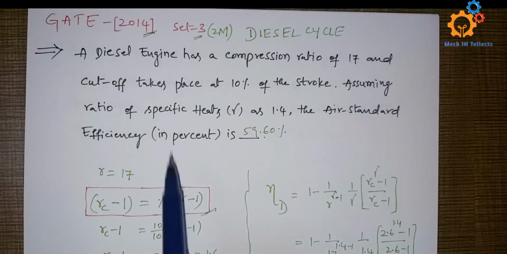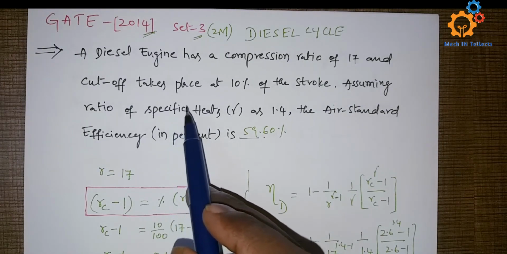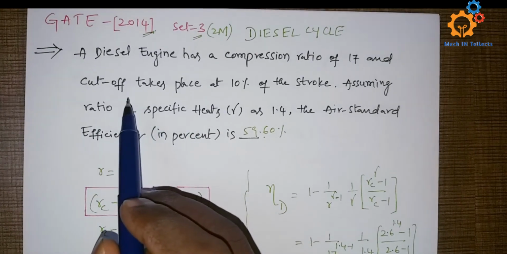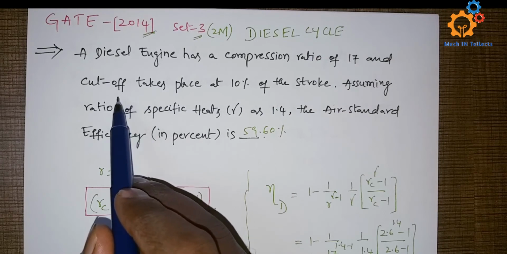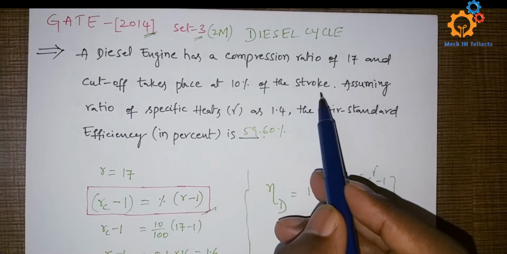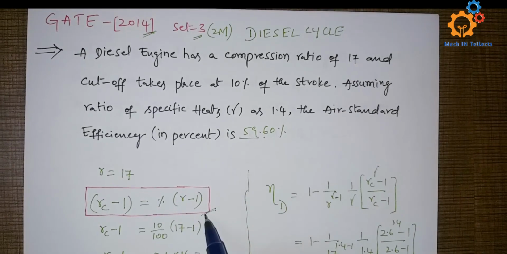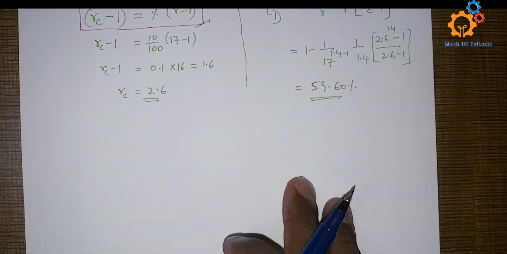See, I used this formula to save the time in the exam. Why? Because in many exams like GATE, Engineering Services exam, SSC JE, Indian Railways, in the topic of diesel cycle, they are constantly asking that cutoff is taking place at some percentage of the stroke. So that is why I am making this formula to save our time. Now I will tell you how I got this formula. Please remember this in order to save the time in the exam.